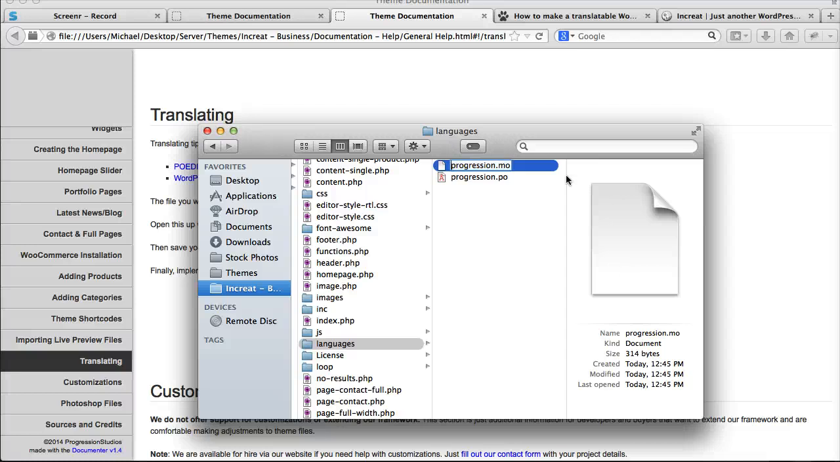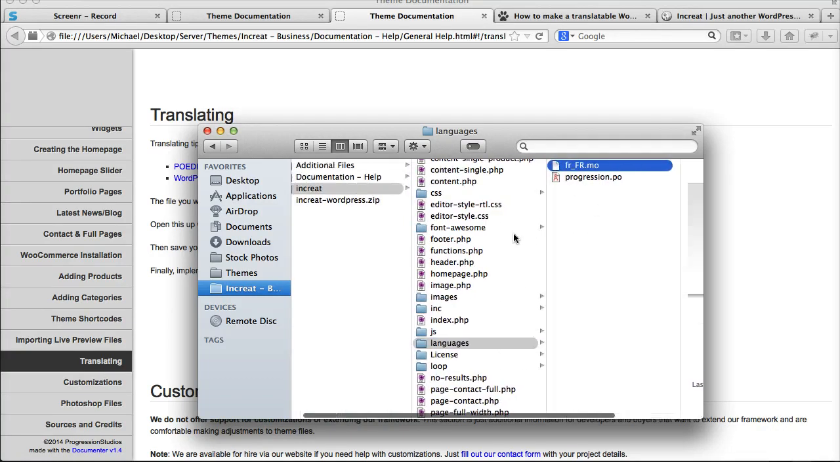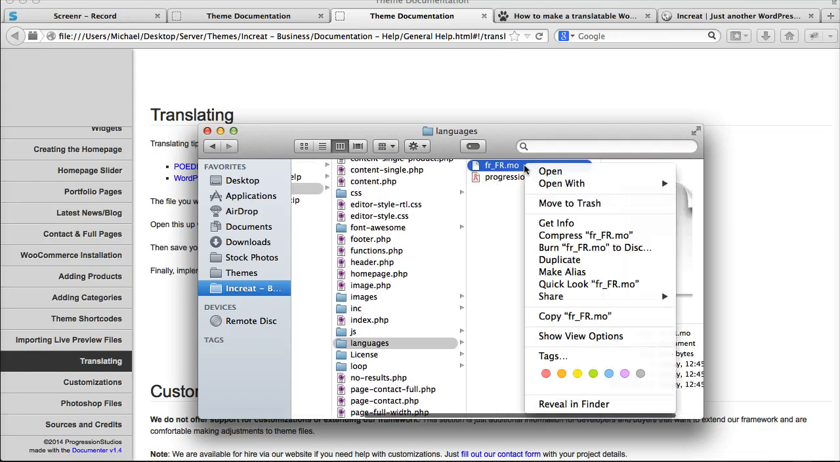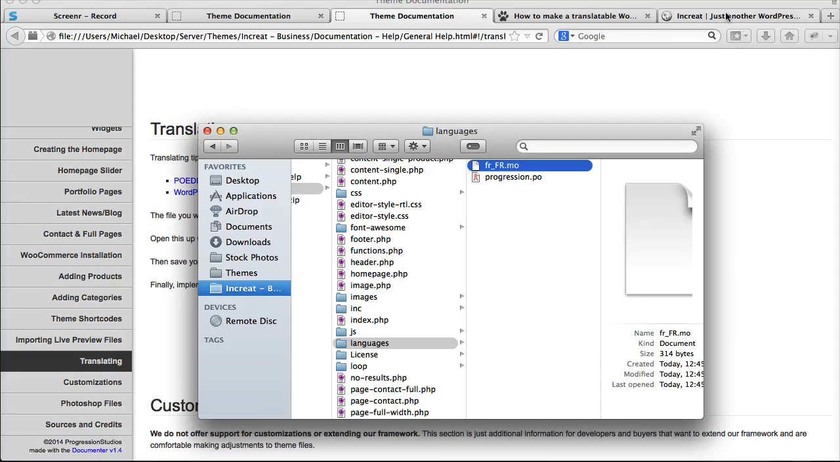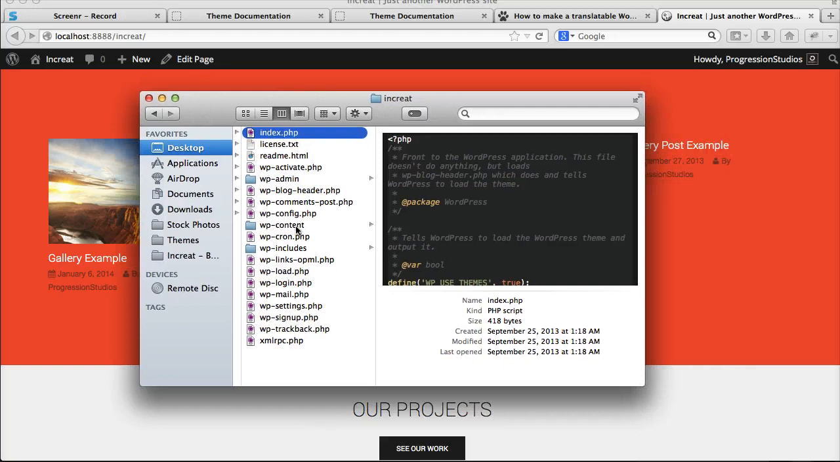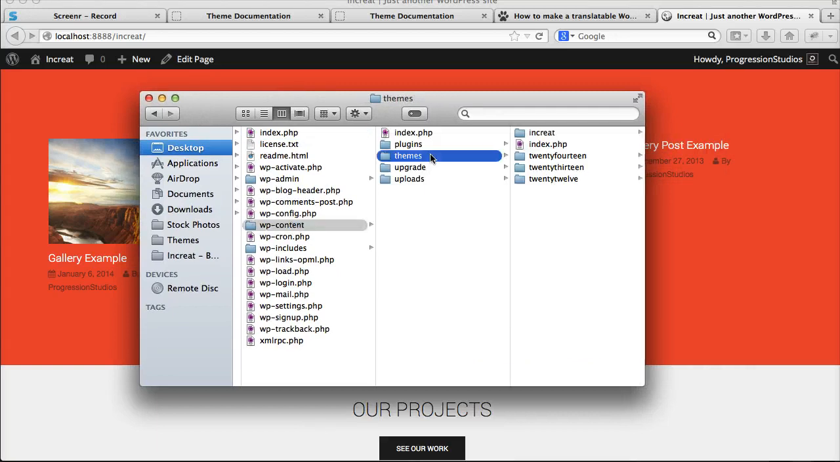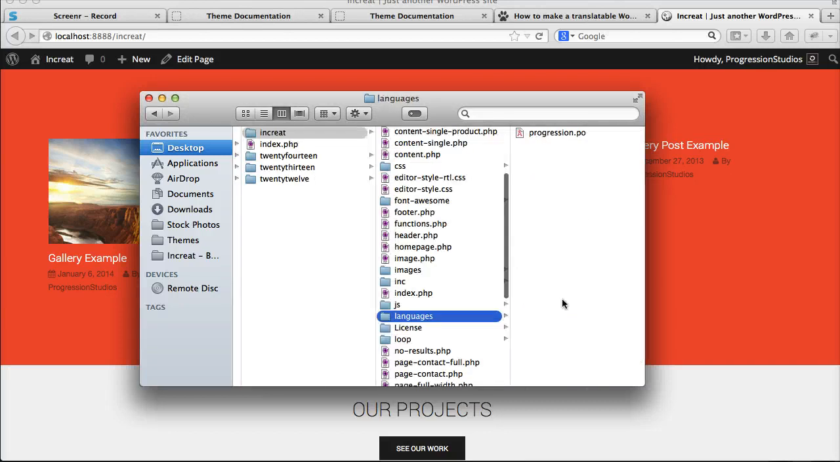So we'll edit the file name to FR_FR.mo, and now we have our translated file into French. The last step to do, of course, since we did this on our local machine, is to copy this file and paste it onto our server. So I have a server right here that I've had this demo on, and I can just go under WordPress content on your server, themes, and find the theme folder, and then in a languages folder, we'll